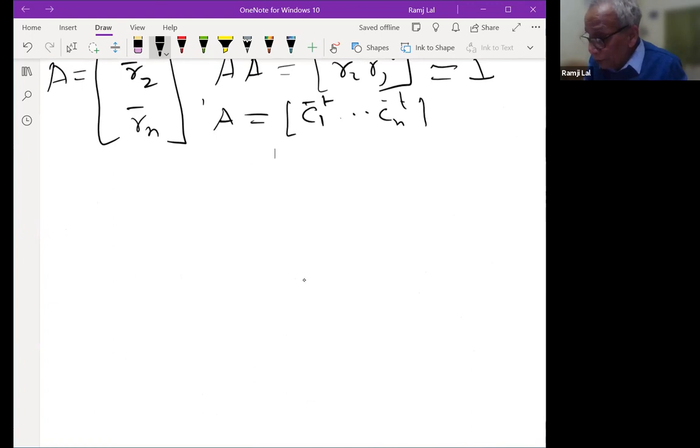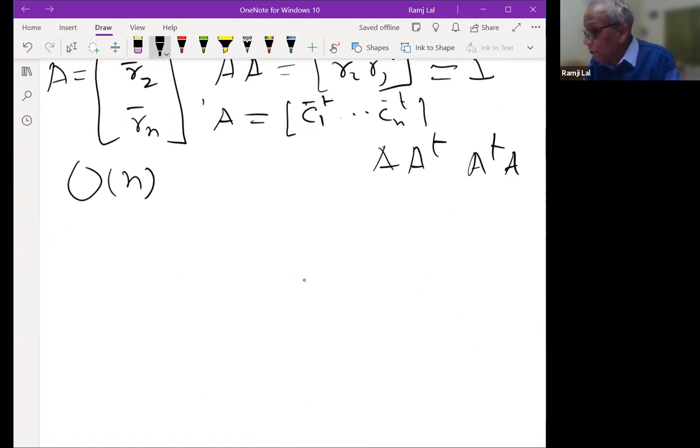I'll say a few words about the orthogonal group and then proceed. So what is an orthogonal matrix? An orthogonal matrix is a matrix such that the rows form an orthonormal set, and equivalently the columns form an orthonormal set, because A A transpose is identity and A transpose A is also identity. So the same thing holds for the transpose also. This matrix has the property that it takes an orthonormal set to an orthonormal set. I'll talk about the geometry of orthogonal transformations a little bit, which is an important thing to do.